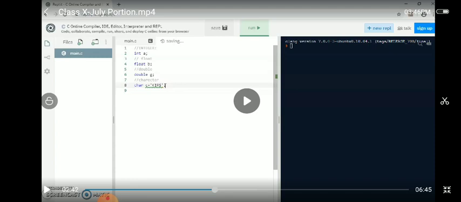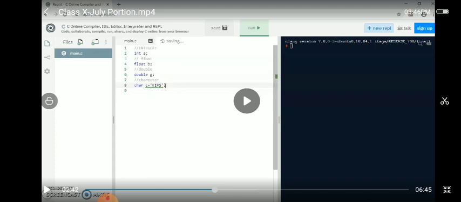So first we have seen the different data types: integer, float, double and character. Then I showed you how you declare a variable, that is integer A, float B, double G. In this, integer is a data type, A is a variable name. Then we came to initializing a variable, where I have initialized the variable C, given a value 'kips'.